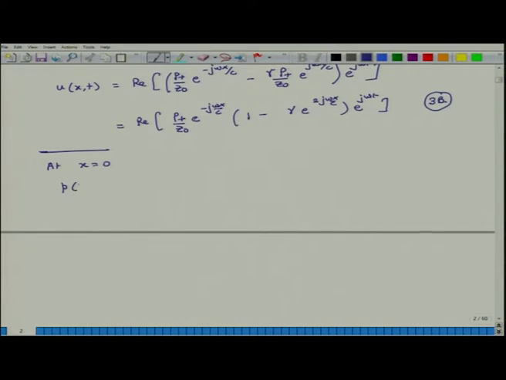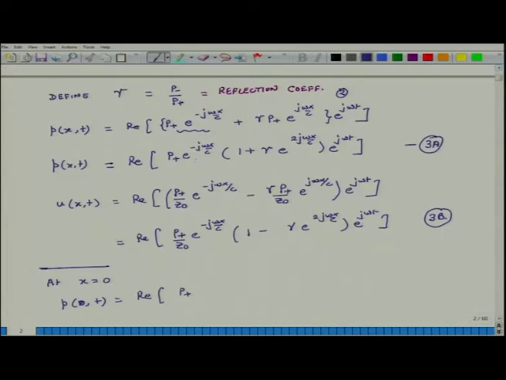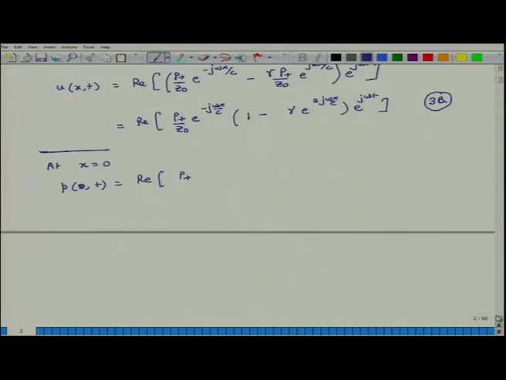So, pressure at x is equal to 0 is real of p plus, and if I put x is equal to 0 in this term and this term, they just become 1. So, I get p plus times 1 plus gamma e to the j omega t,